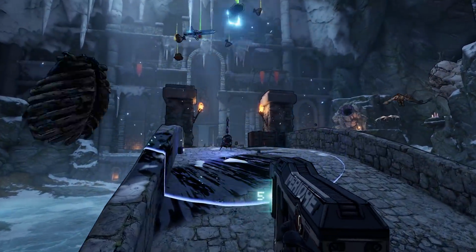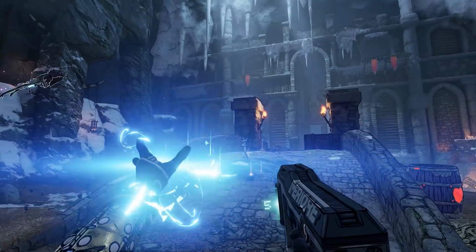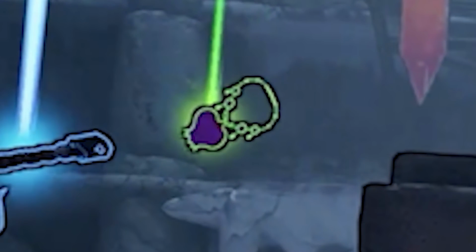The next thing here is the wards. Obviously, the wards are going to be the replacement for shields, so the wards will be a good way to protect your HP. Now we have the rings and amulets, and we already saw these in the previous trailers,